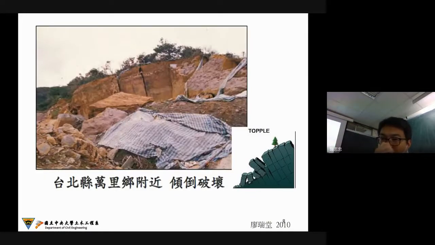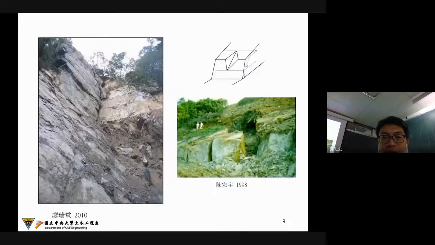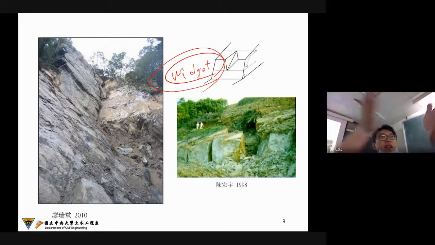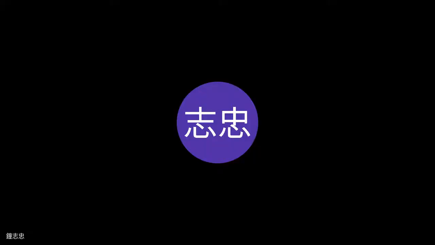And this is a toppling. Okay, toppling. And with the toppling, this is also what we call the wedge value, because we have a different kind of layer. So if this is the, I mean, have cross, so we have a wedge value of this. So you can find this wedge value because we have two